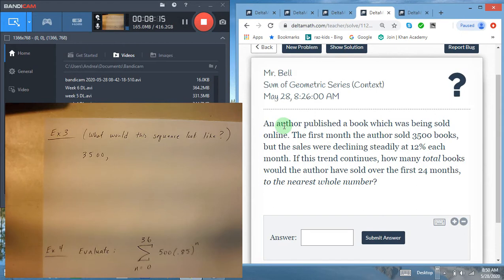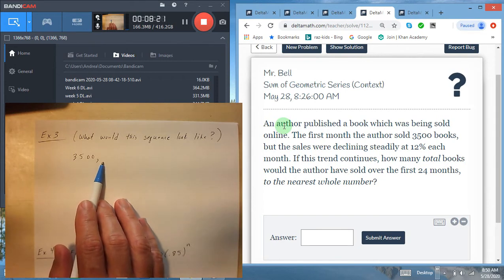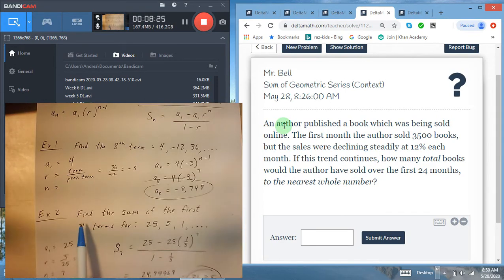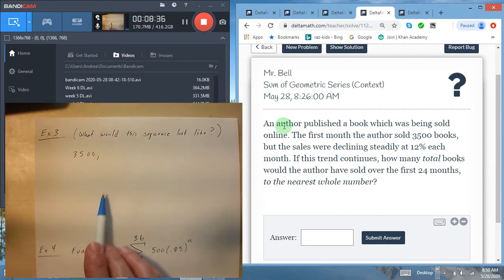I think a good way to start these types of problems is to get a sequence going. What does this sequence really look like? Because if we get it going and write it down, then you can kind of relate to example 2. What does this sequence look like? I need to find A1, common ratio, and all that stuff. All right, so if they start off with 3,500 books,